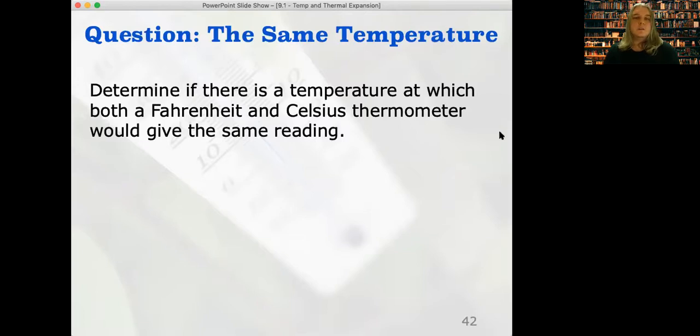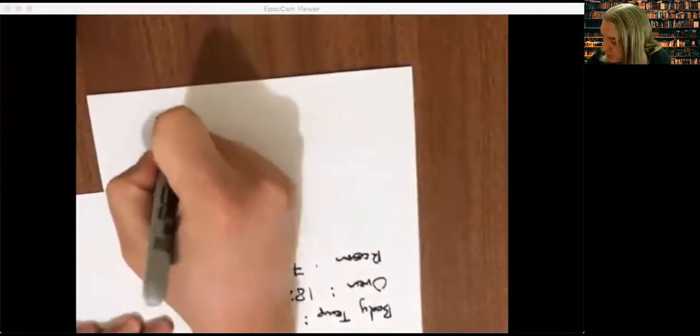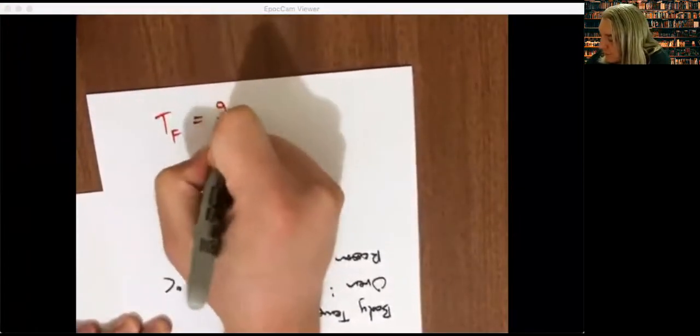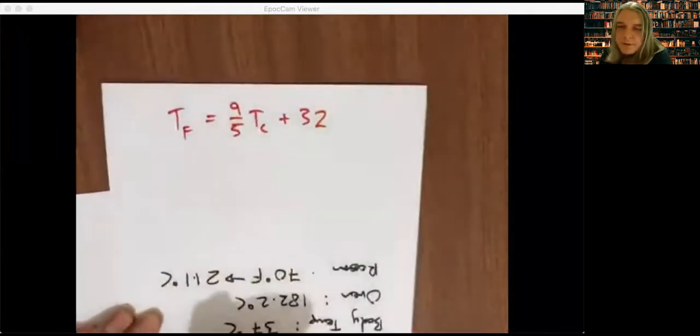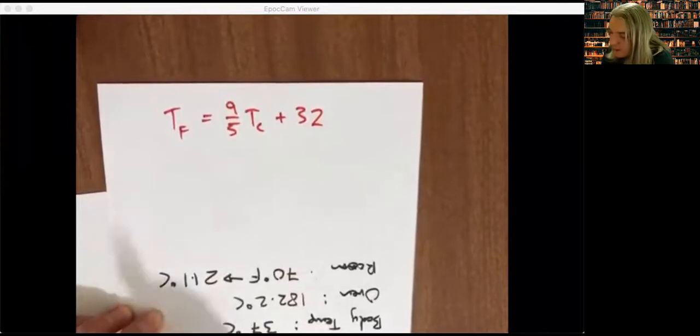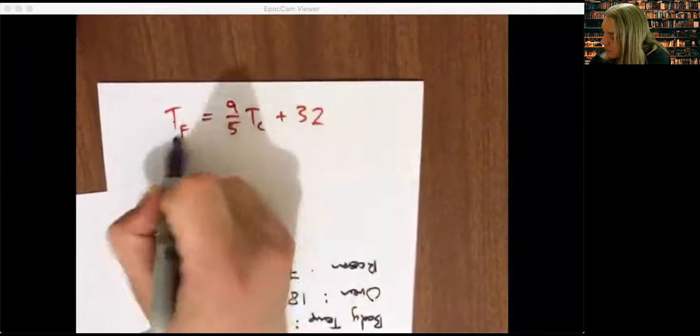Well, we just use some math, as I said. We just need to use some algebra. So let's take that same equation again. Temperature Fahrenheit is equal to 9/5 of the Celsius temperature plus 32. That's our conversion equation. And what we're saying is, can we find a temperature where these two numbers are exactly